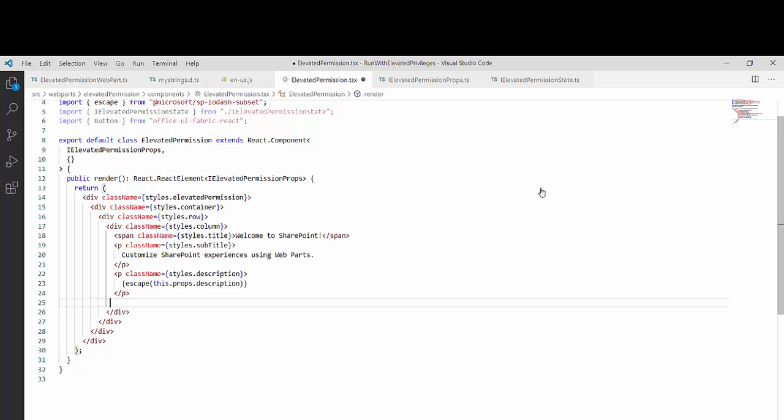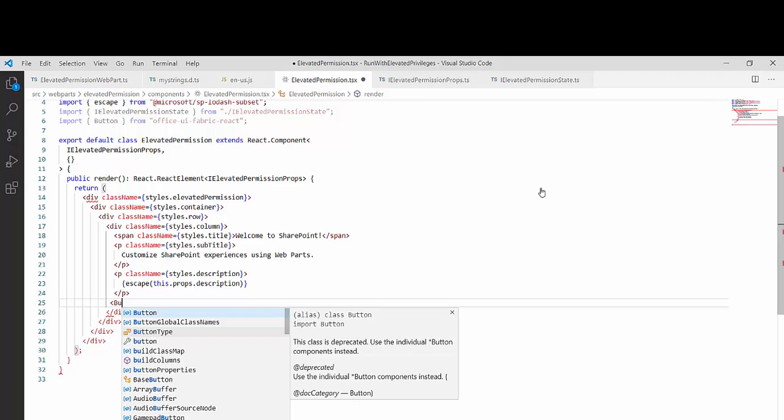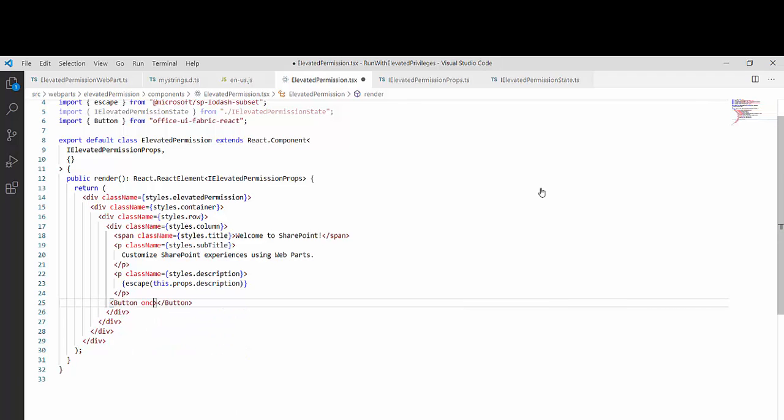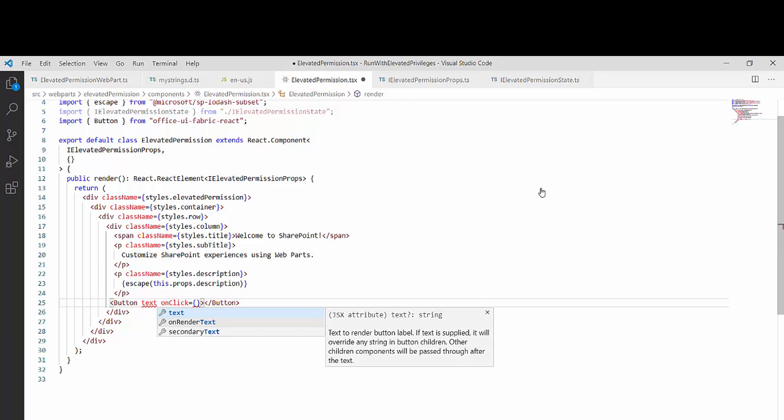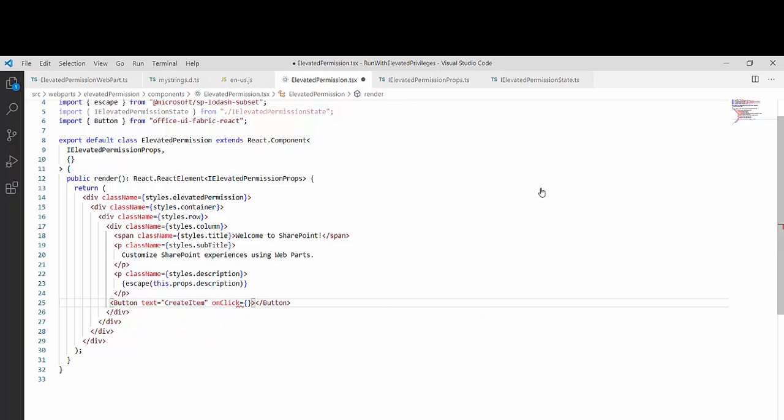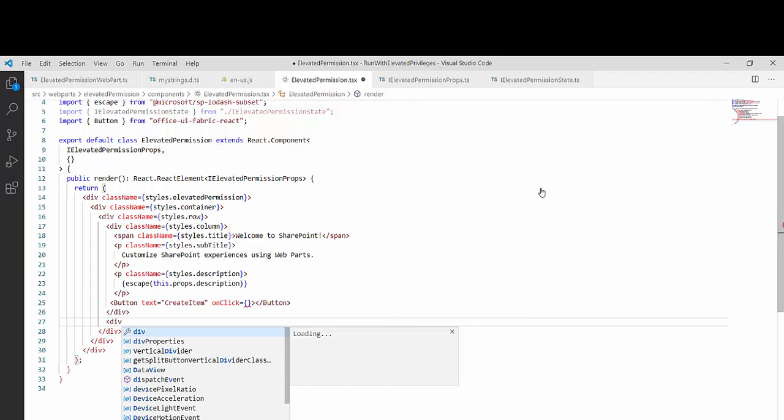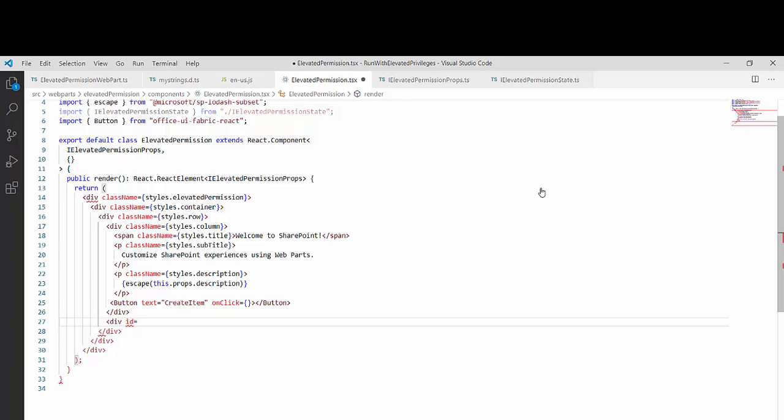So I will delete this anchor tag and create a button. On click I will be calling a function which I will create. The name of my button will be Create Item, and after this I need one div. Its id I will put as dv_status, and we will display our status over here. I think I'm done with creating my DOM structure.